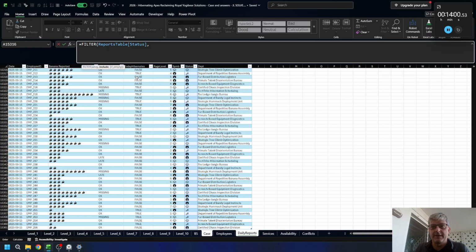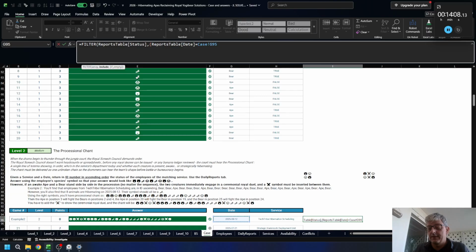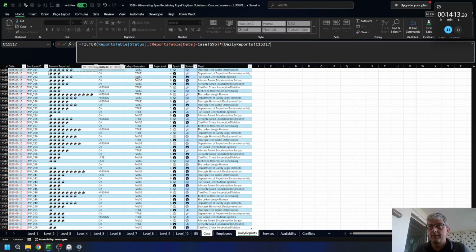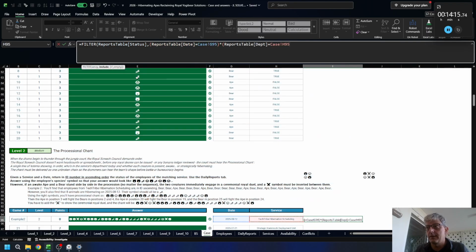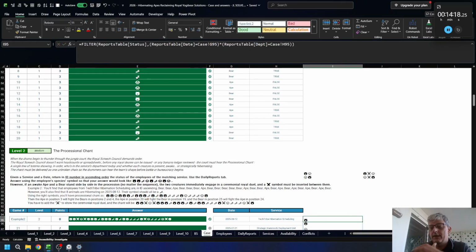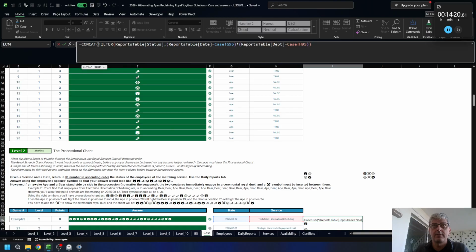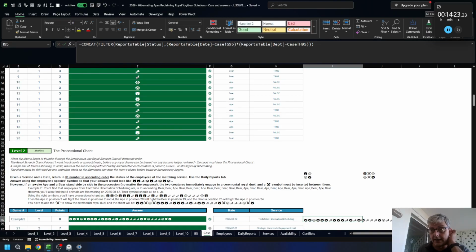This, if, no, this equal this by this equal this. Okay, and just concat it. Concat this, and we have bear, bear, ape, bear, bear, bear, ape, but it's sleeping. Might be the same as this one. Yeah. And then inside this, let's do some